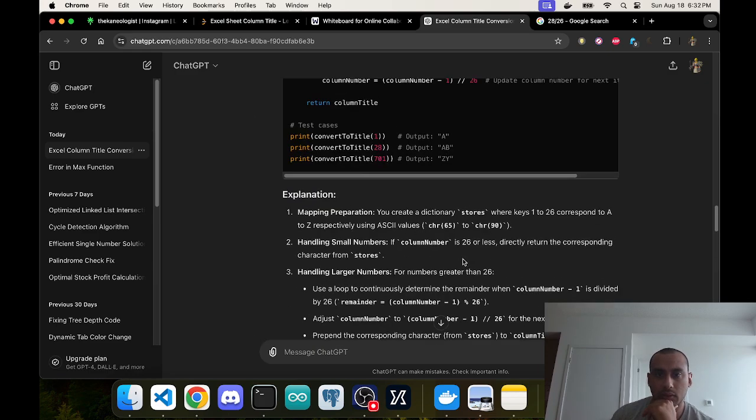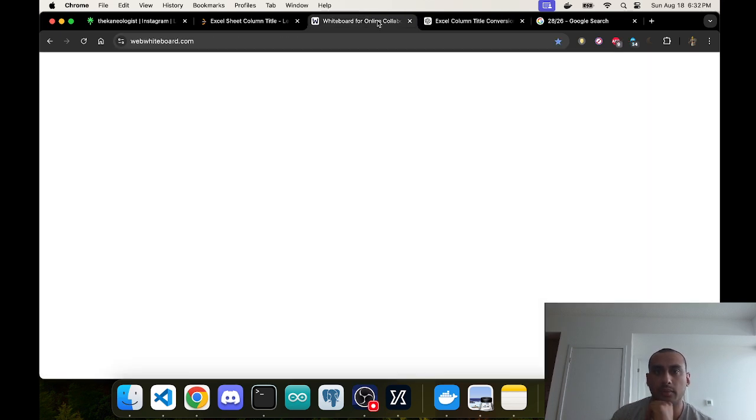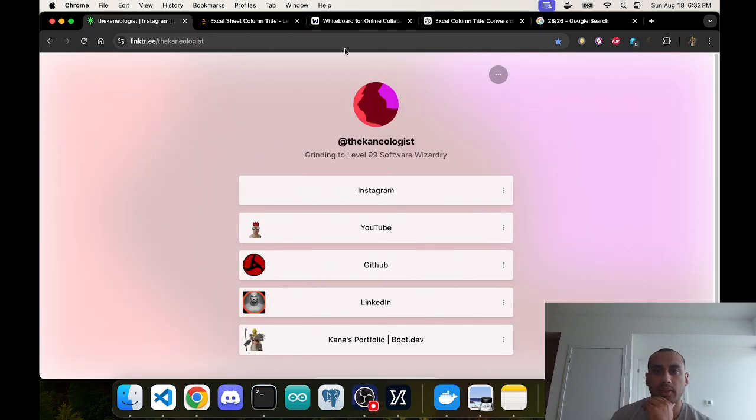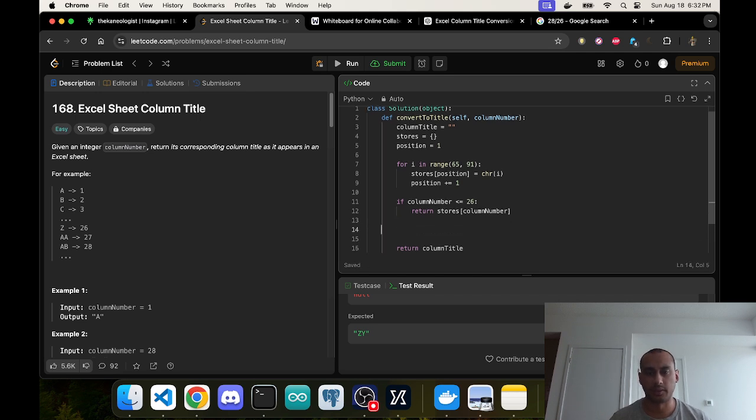Okay, so let's go back to the solution here. This is the portion that I need. So basically what it's saying here is take what I already have. So my return value should be the column title. So now I just have to find a way to deal with the letters. So while